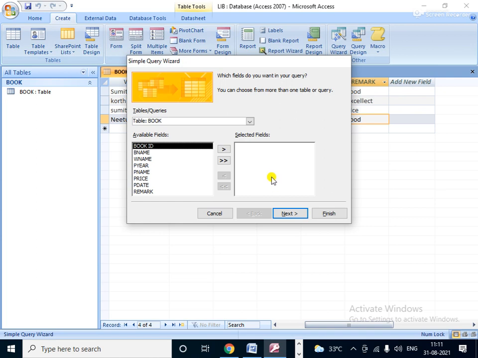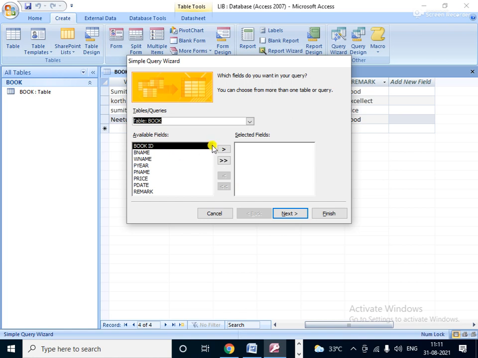And you see here is a table. All of you know there is the book table. Here there is only the book table, so only one table is coming. And see, these are the available fields and these are the selected fields. In the previous classes I already told, if you need all the available fields inside the selected fields, then just double click here.